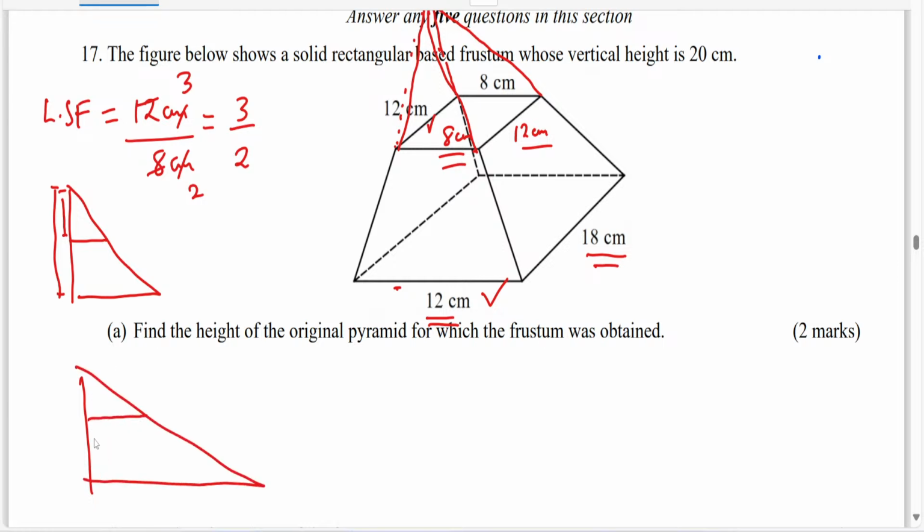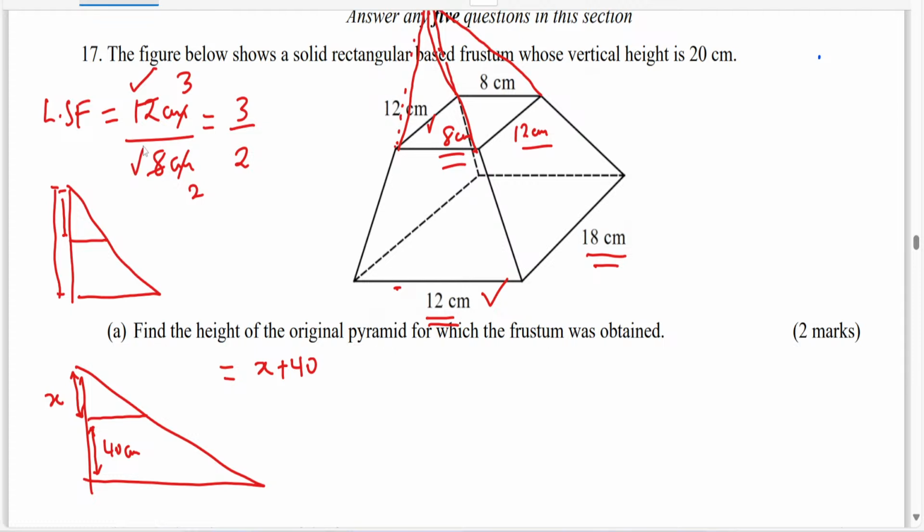So from here to here is 40. So from here to here, the smaller pyramid, you just assign it to be x. So the larger pyramid, the height of the larger pyramid should be 40 plus x or x plus 40. So the same thing you did here, you take the 12 which is the base of the larger pyramid,